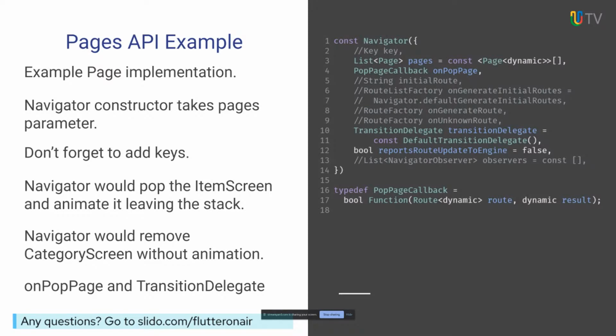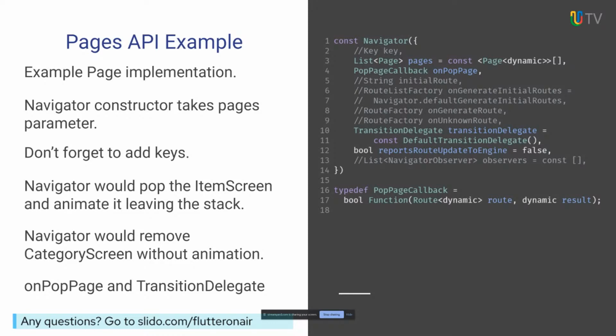So the pages are like your underlying set of screens, and then anything else is done on top of that. So you can imagine that we show a dialogue, well, that's put on top of the current set of pages in front of the user. Same goes for a pop-up list or anything like that. These routes are just put on top. So we get to take advantage of both imperative and declarative approaches.